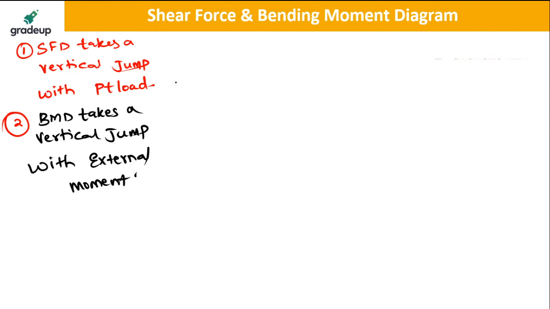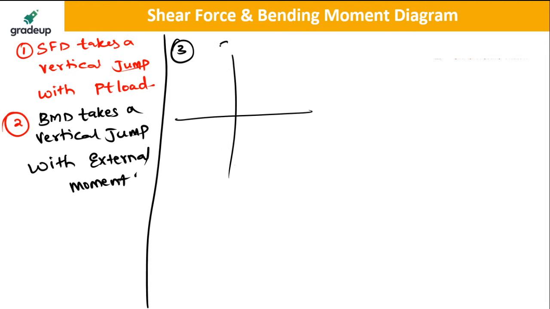Means there are two values. Now your third one will be, if you solve the right side of the section, whatever is given, opposite to that is the shear force. So given is this one, opposite to that is the shear force. So shear force is positive,